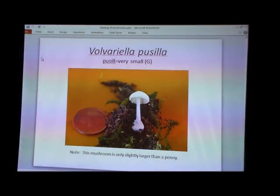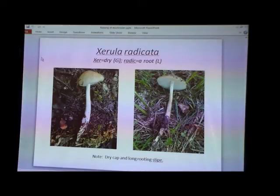So that's how it got its name. And this Volvariella is pusilla, means very small, and it is tiny, just a little bigger than a penny. Radicata is, look at that radiating foot it's got. So it's named after the shape of the foot. And that's it. And it's 12 o'clock, so